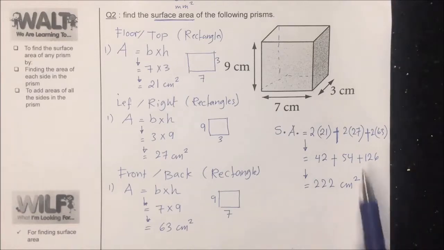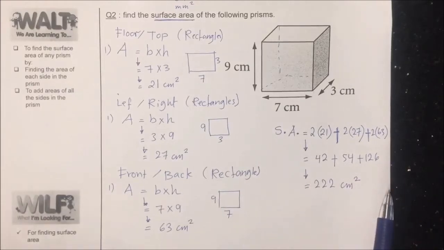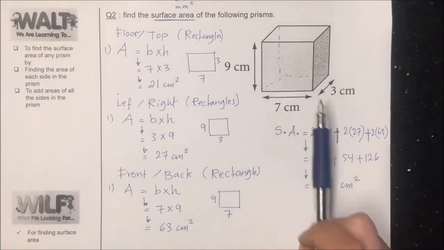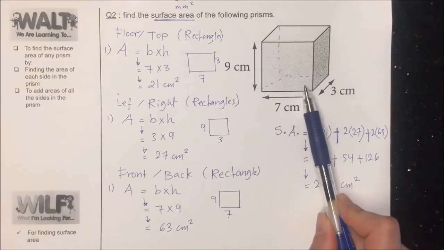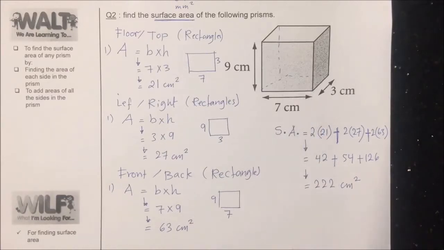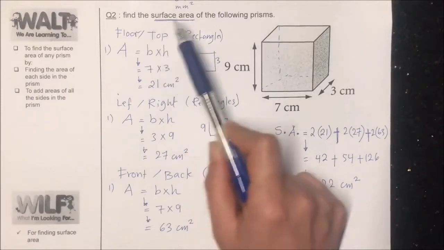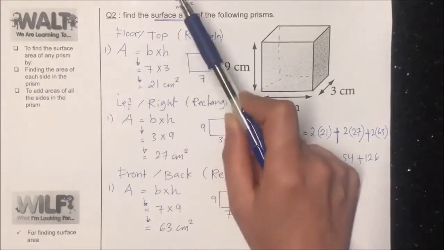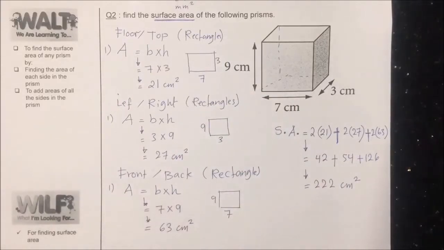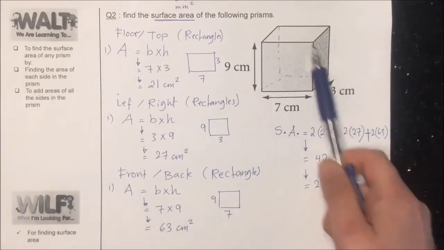We learned that for every 3D object, we're going to learn 3 skills: drawing a net, finding the surface area, and finding the volume of the 3D object. And for prisms in particular, this is called a rectangular prism or a cuboid. And we explained finding the surface area in millimeter squared, centimeter squared, because it's adding the area of all faces